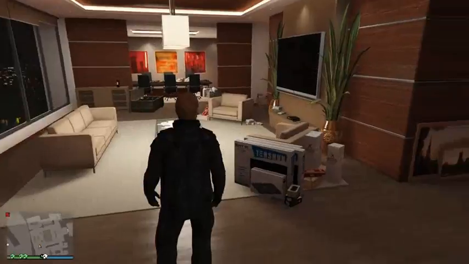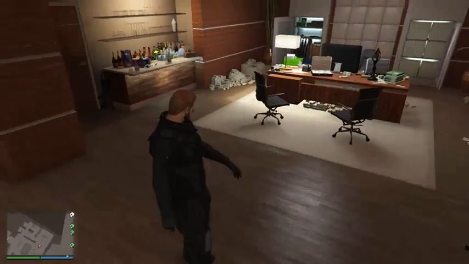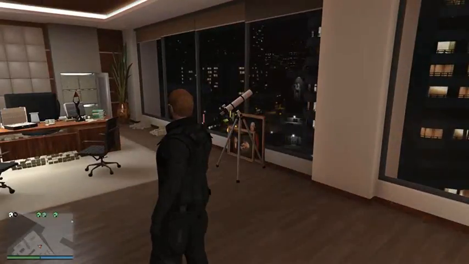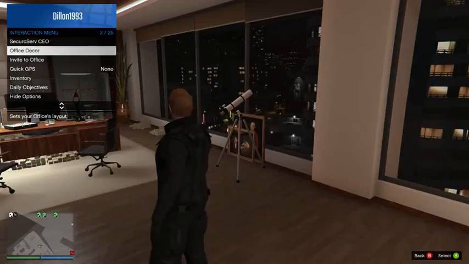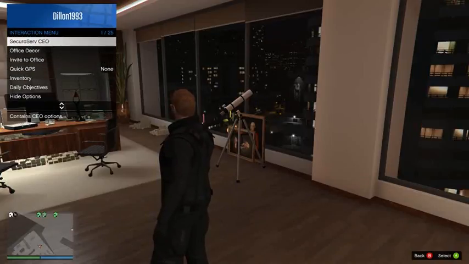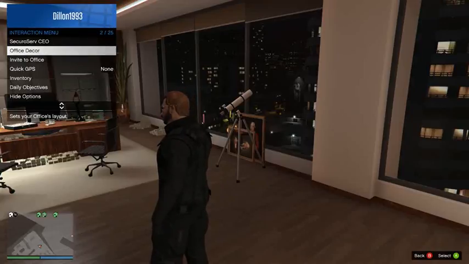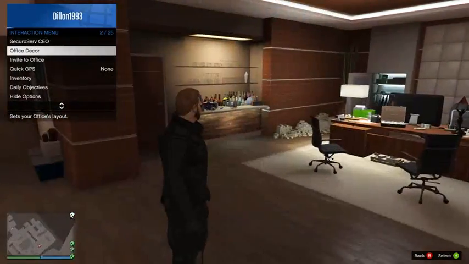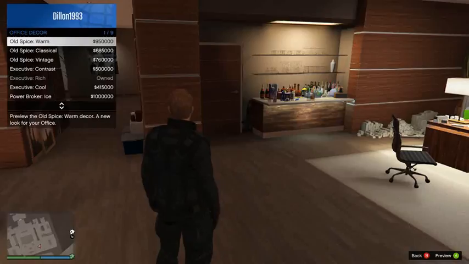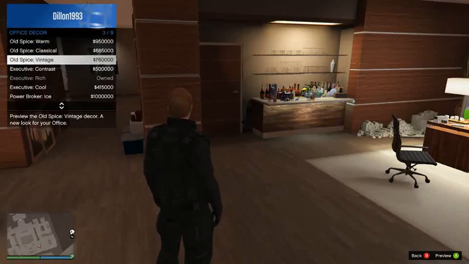Now I'm going to show you how to register as a CEO and hire associates and do missions. So to bring up this interaction menu, if you don't know already, on the Xbox One controller, you hold the select button and that'll bring it up. When you're in your office, you could select invite to office, and you could change the office decor. And see, look at how expensive some of this stuff is. If you want to change this,